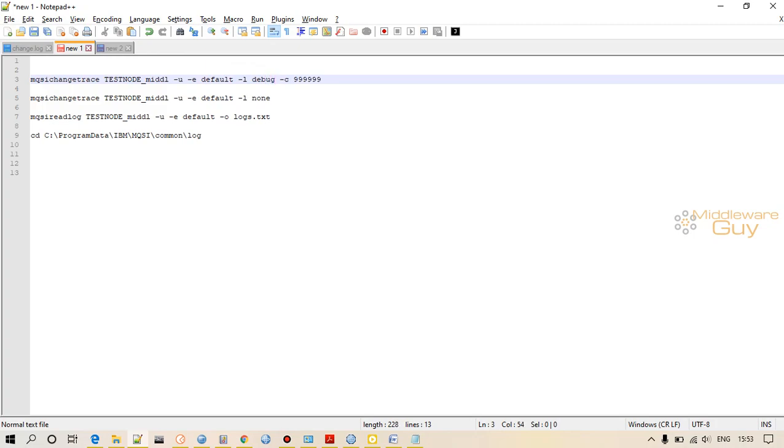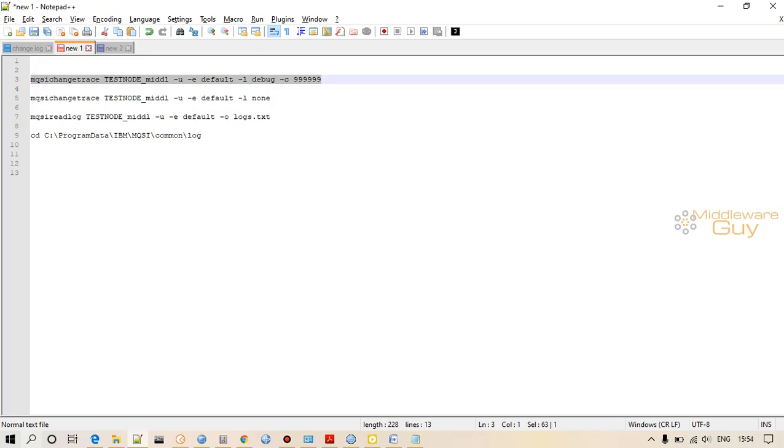Normal means it will give you the normal logs, like what is happening with the objects, the nodes which you have used, right? But if you provide debug, debug means it can dig out in your compute node. It will go inside your compute node and try to find out what is happening with your code line by line, and it will give you logs of that particular thing, right? This is where we are writing the maximum file size which we want.